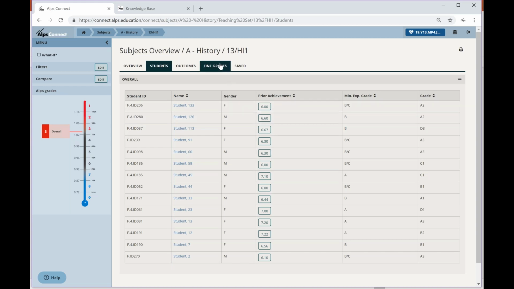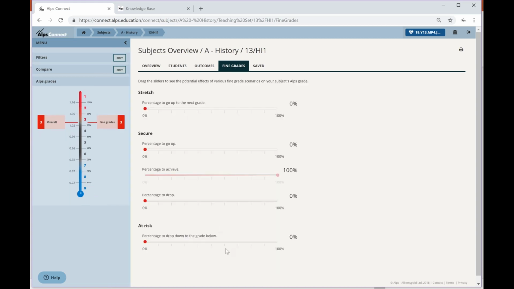Now you will note that I have got a fine grade tab. So if I go to the fine grade tab, I've then got some sliders, and I can basically move these sliders around to do some modeling. So at the moment, it's assuming that 100% of my secures, that's my middle grade, fine grade 2, are going to get that fine grade, and that 0 are going to move up from a 1, and 0 are going to drop from a 3. So if I just start moving those,